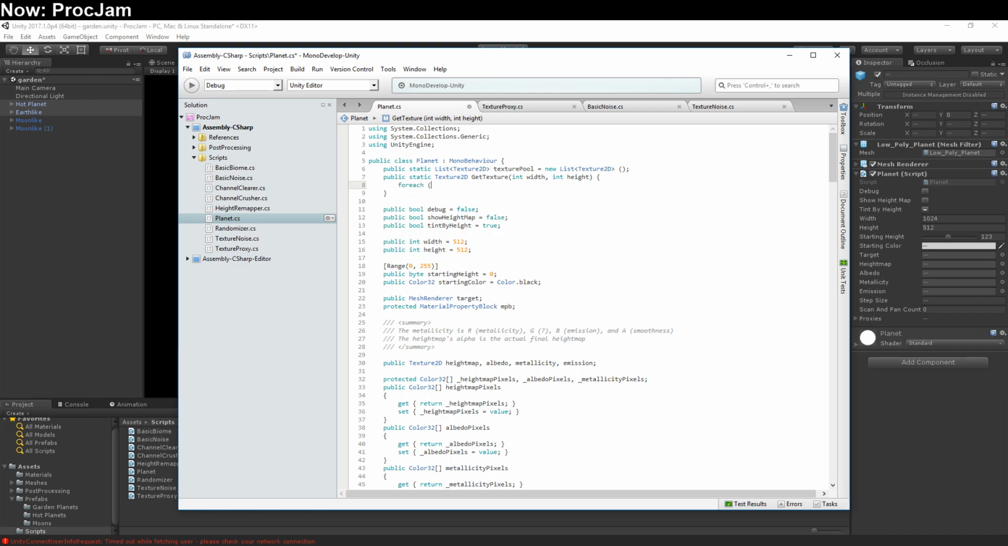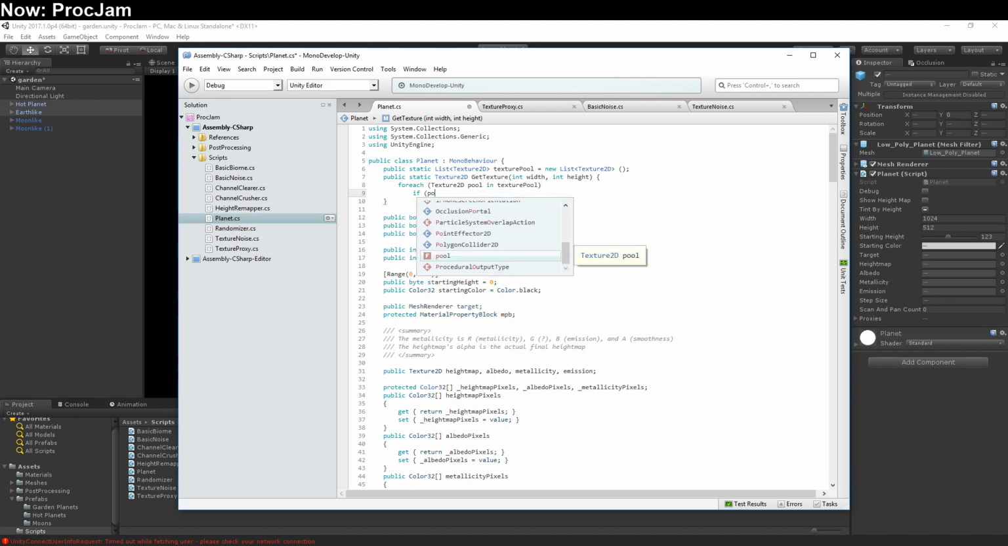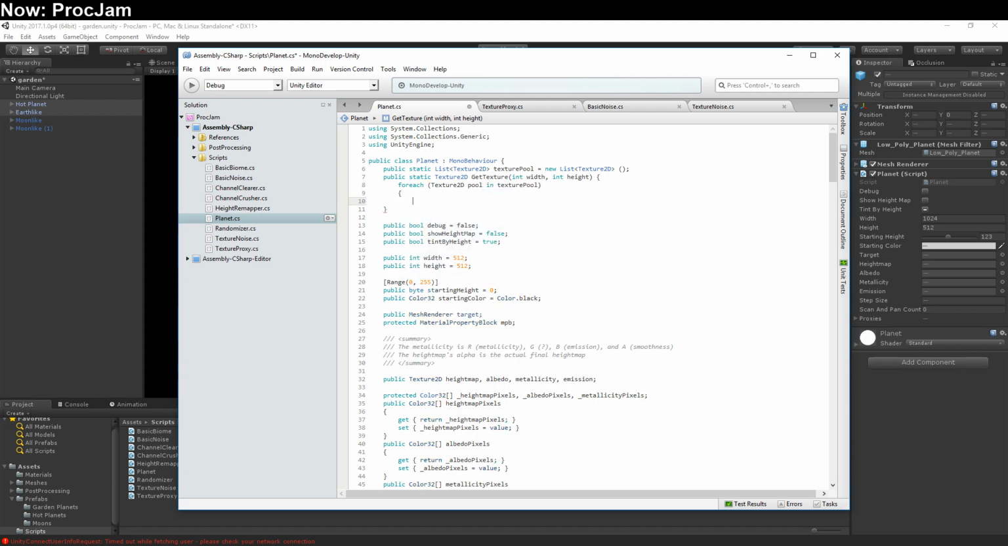So for each Texture2D pool in texturePool, if pool.width equals width, and